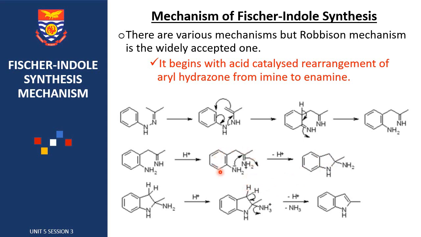When this is formed, it is deprotonated to produce the ring form. Now this ring is followed by the loss of an ammonia and a proton to give the aromatic indole. So we have the ammonia elimination, followed by the loss of a proton to produce our